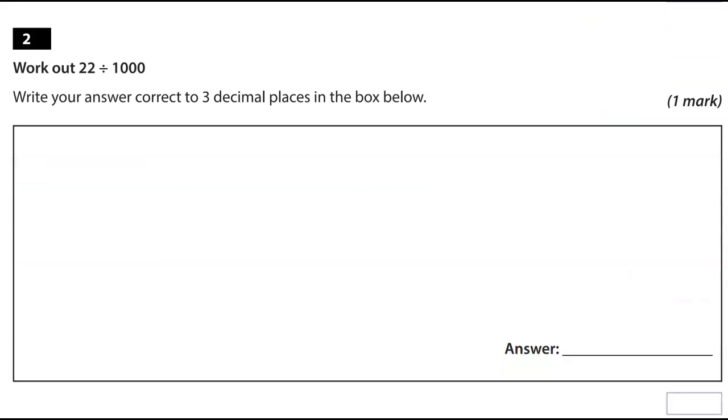Work out 22 divided by 1000. Write your answer correct to 3 decimal places in the box below. So when you do 22 divided by 1000 in the calculator, you get